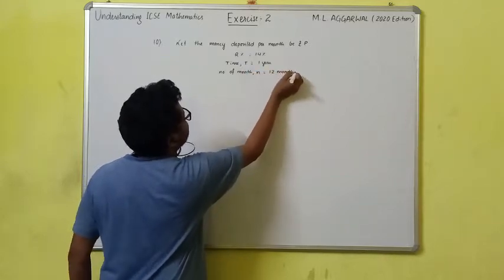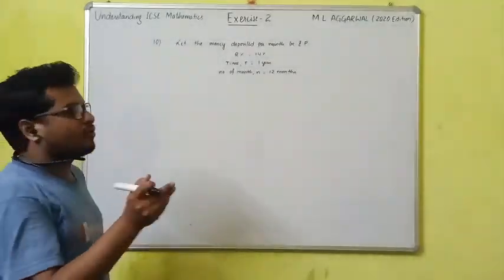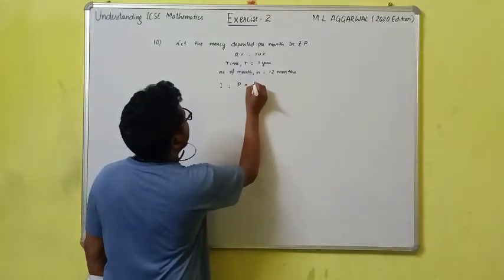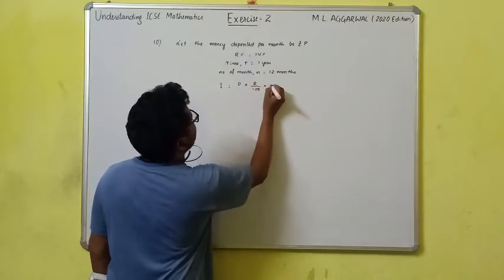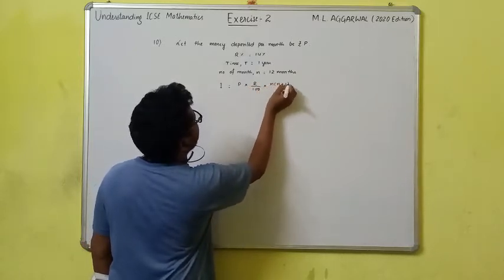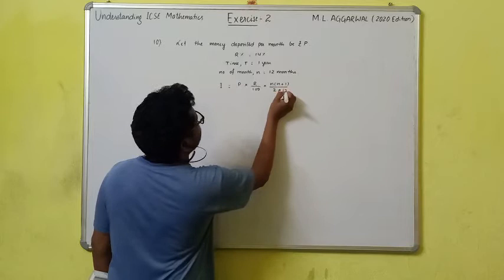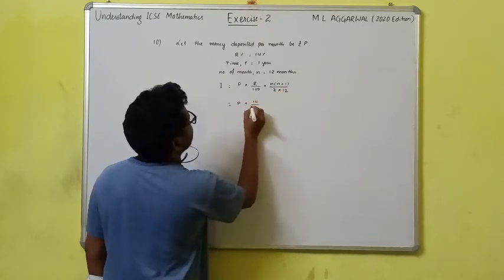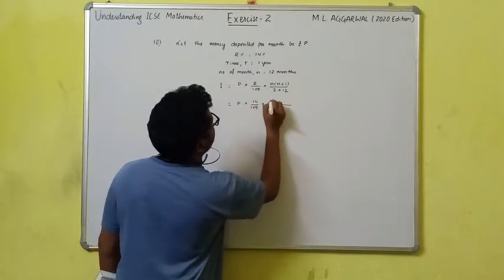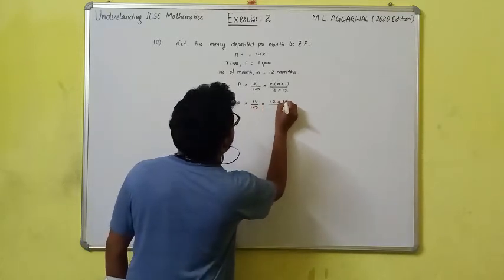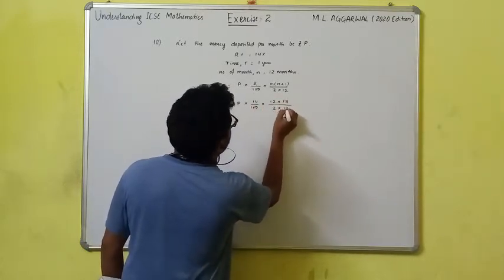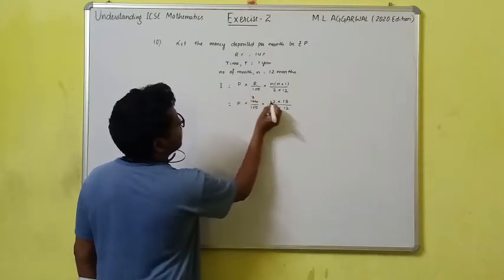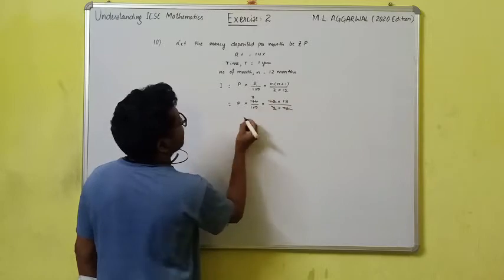So you have to first calculate I. The I formula is I is equal to P into R by 100 into n, bracket n plus 1 by 2 into 12. So here I can write P, which you don't know, R is equal to 14 by 100, n is equal to 12, so n plus 1 will be 13, 2 into 12. So now you can cancel it: 2 7s are 14, 12 cancels.